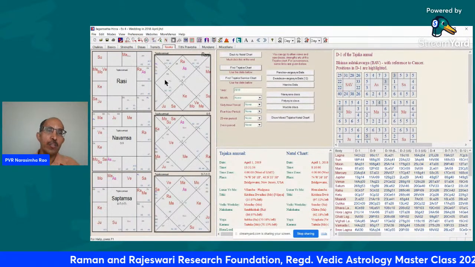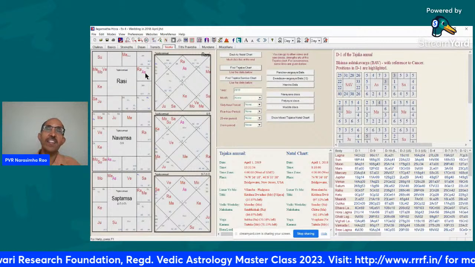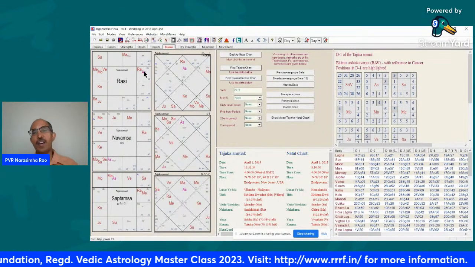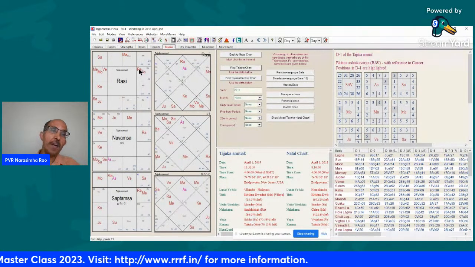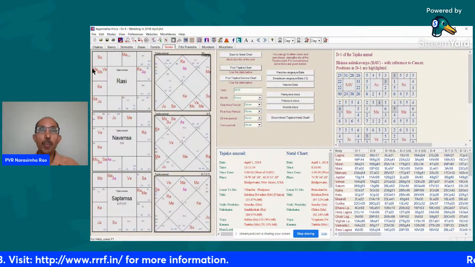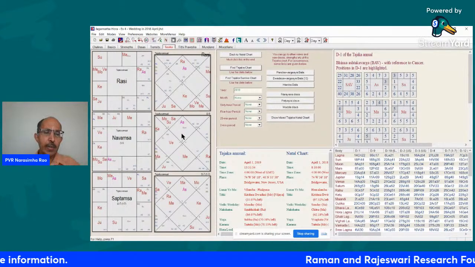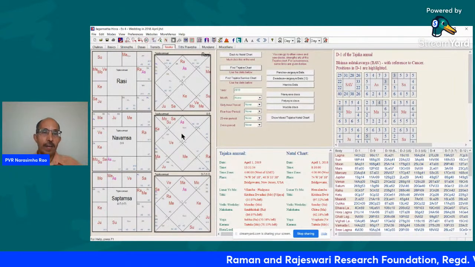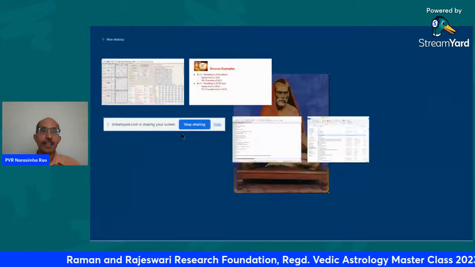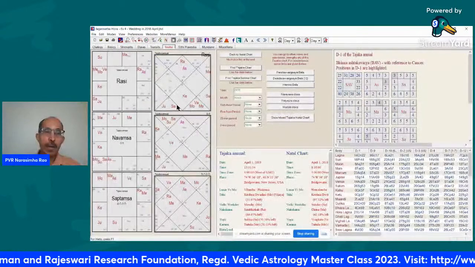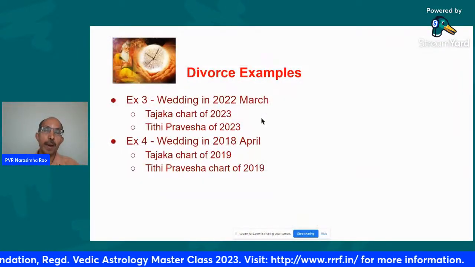In the marriage. And moreover, there is a parivartana between Lagna Lord and eighth Lord, Moon and Rahu. So Lagna Lord in eighth and eighth Lord in Lagna is not good. But by the way, Lagna Lord Moon is in Manakarka Sthana. For Moon particularly, eighth house is the Manakarka Sthana. So like this, basically you can see things like childbirth. That is what I meant. Childbirth, divorce, struggles in marriage, etc.